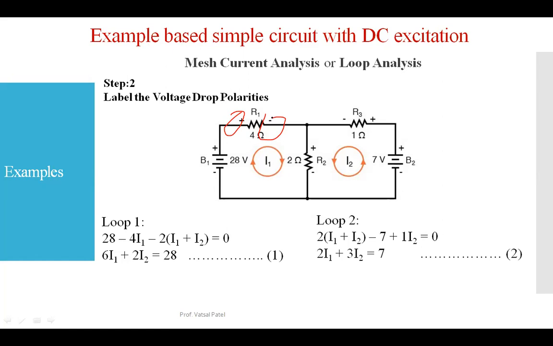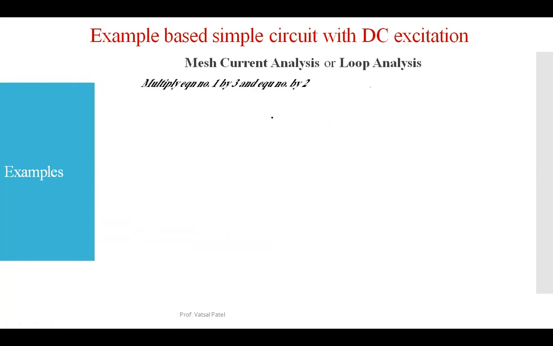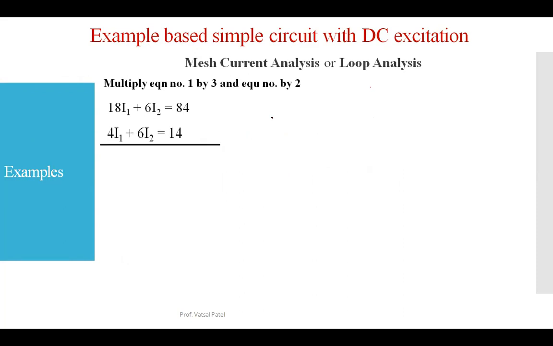right? So now if we simplify this equation here, see why we are multiplying by 3 and 2 with equation number 1 and 2: because we have to simplify this equation and identify the currents I1 and I2. So that's why for the simplification, it depends on what component you will add. I1 or I2 can be cancelled out from this equation, and according to that we will multiply with the equation.